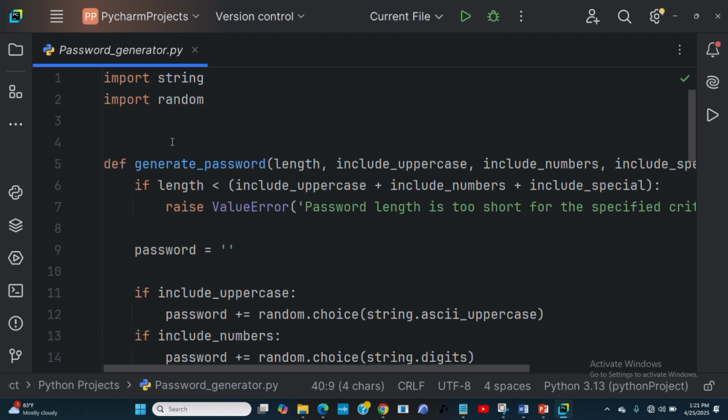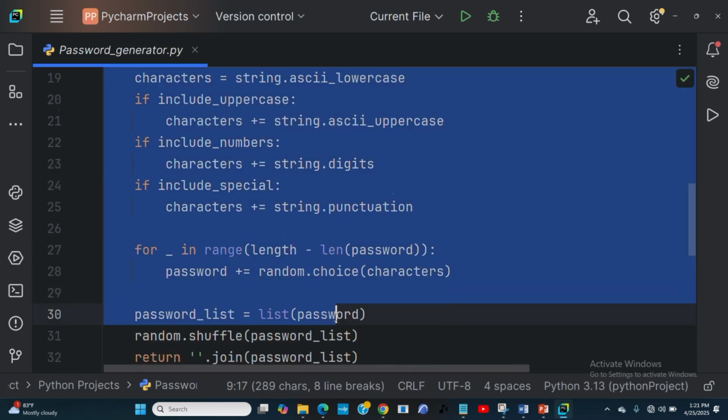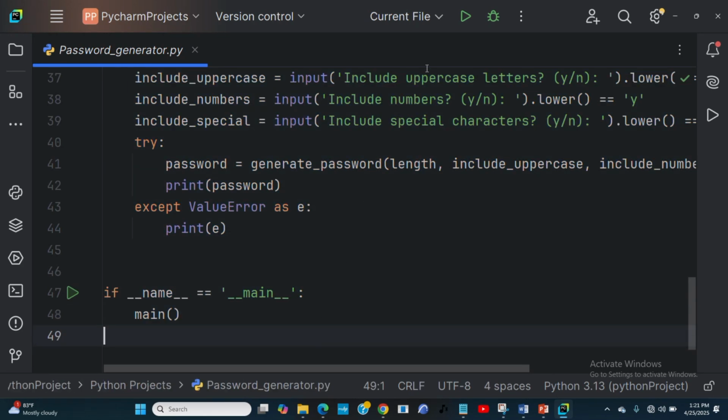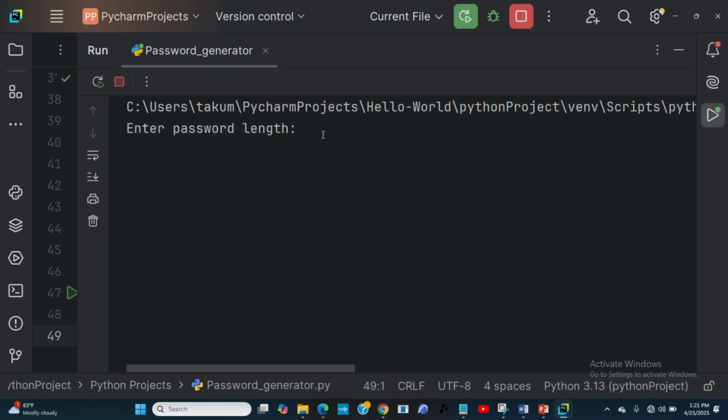So you see, this is just it, guys. You can see it is understandable, right? It's all about the code, understandable about everything. When we do that, then we are going to have the program. So the project is complete. Now let's run this project, the code, and see. See, it asks to enter the length of the password. Let's say the length of my password is 10.